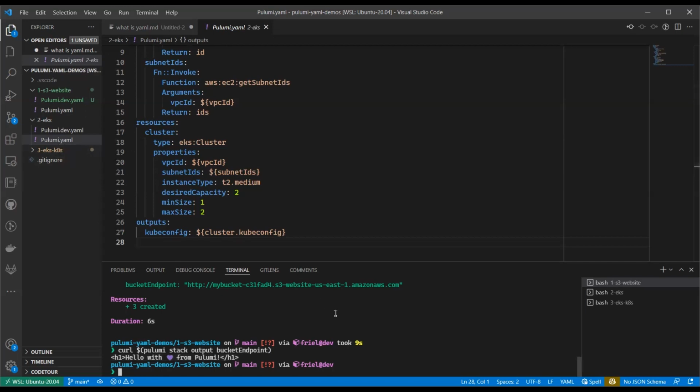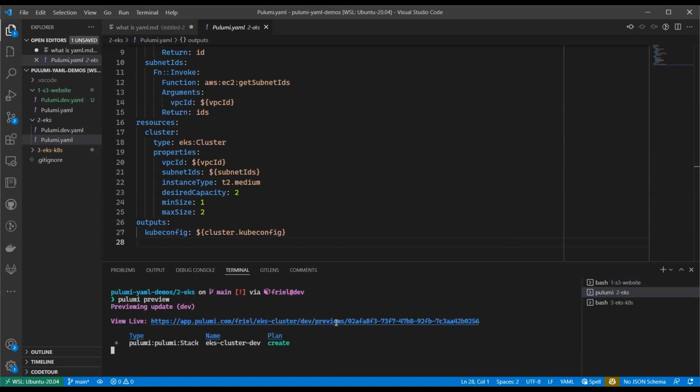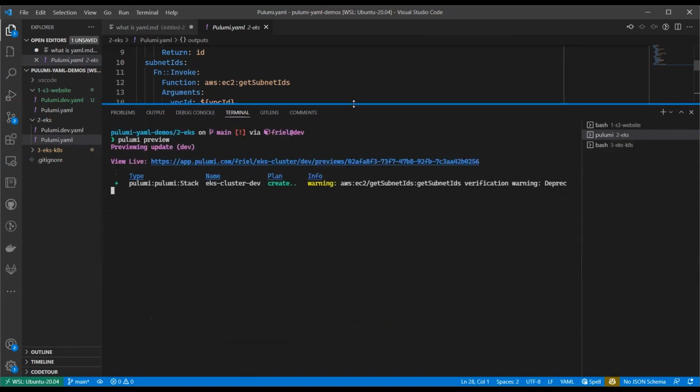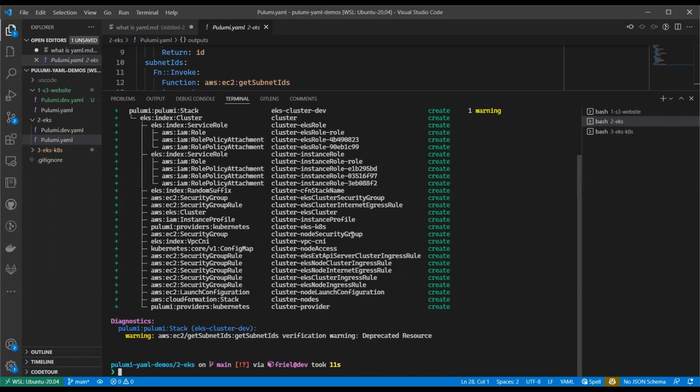Now I'm going to spare folks having to go through watching an entire EKS cluster go up, but I will show what that looks like in terms of a preview experience before we move into a sort of pre-baked cluster to deploy some resources on top of it. So you can see here, even though I specified only a single EKS cluster resource, that component contains a wealth of other things that are required in order to securely and correctly deploy EKS into an Amazon account. So I won't go over all of those sub-resources, but this is, I think, the power of packaging up component resources in our registry and we hope to expand that in the future.